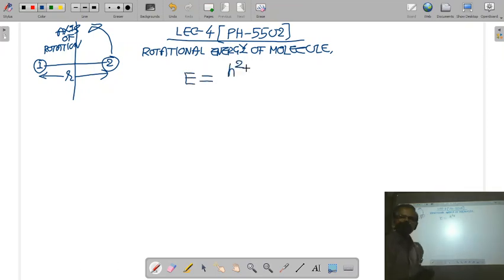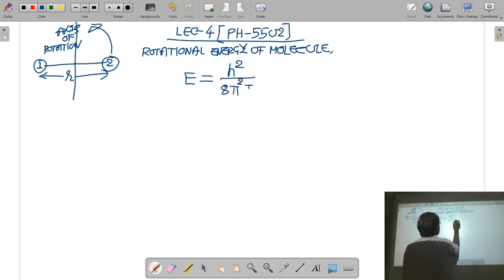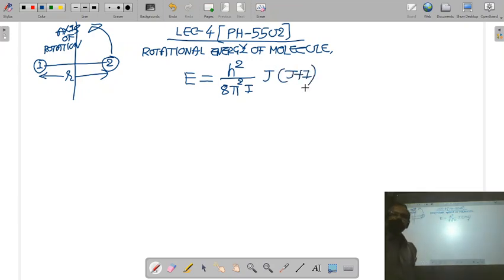You just recall the equation of rotational energy of a molecule is given by h square upon 8 pi square I into J into J plus 1. You should also remember that by solving the Schrodinger equation of a rigid rotator, we obtain the rotational energy, and we also obtained the eigenfunction of the molecule. This E is known as the eigenvalue and psi is called the eigenfunction for the molecule.